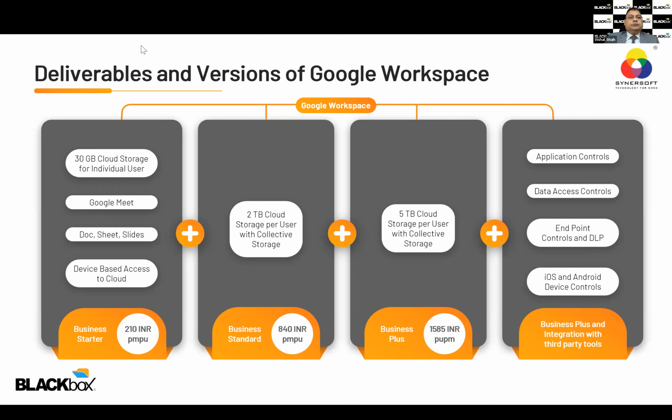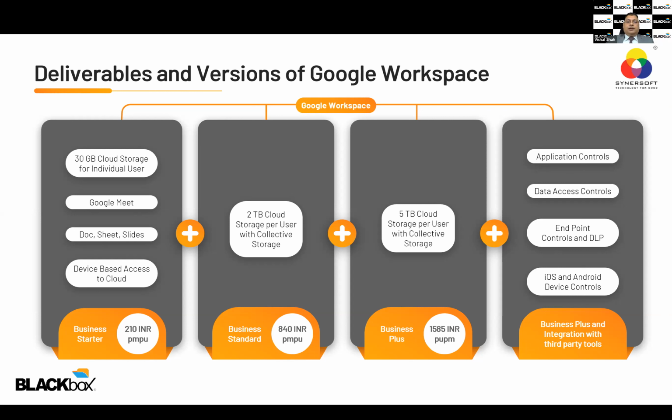So when we check the results of the poll, 77% would require Google Docs, Sheets, or MS Office, of course. 70% require the Google interface, 73% require Google Drive or any cloud drive. 67% would require 30 GB for most of the users. 50% would require 2 terabyte for a few users. Again, in Google, they have a policy that if you upgrade a single user to 2 terabyte, you have to upgrade all the users to 2 terabyte. And that's the reason we asked the question with a most users and few users perspective.